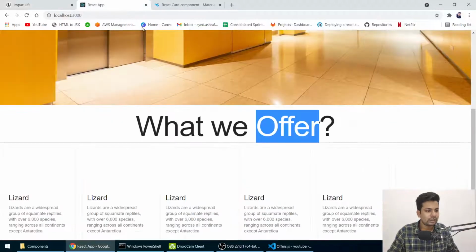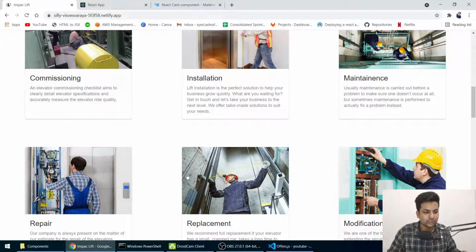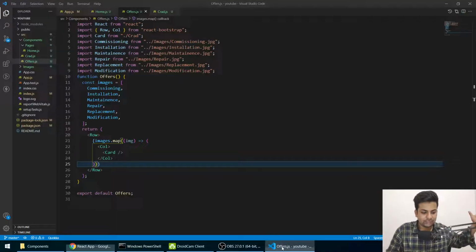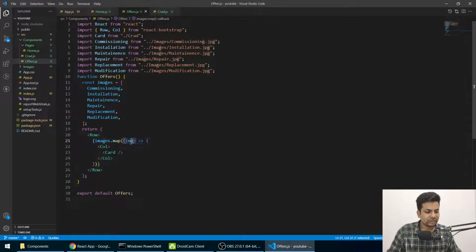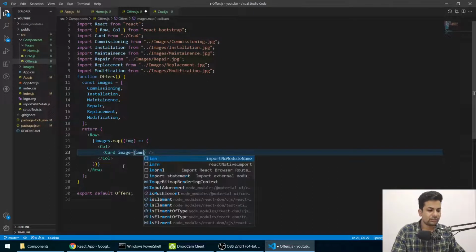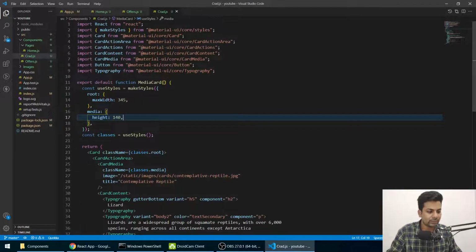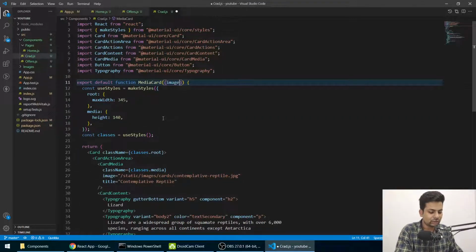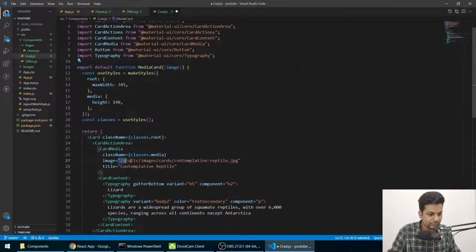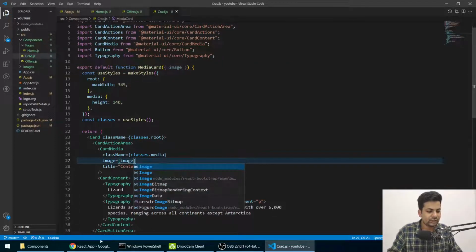Now if I go there in the main, I see I got 1 2 3 4 5 6, there are 6 cards. But I want to pass the images. So for passing the images, I'm taking image here. In the card, I'll pass it as props. I'll say image equals img, but there I have to take it in the card also. So here I'll take image. In the place where I've written image, just replace that with image. Just save it and let's check.